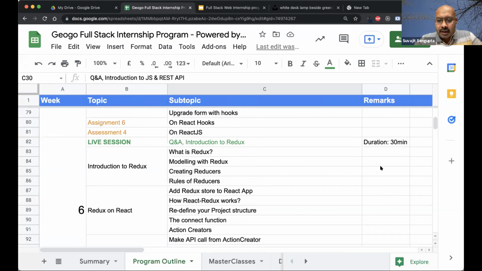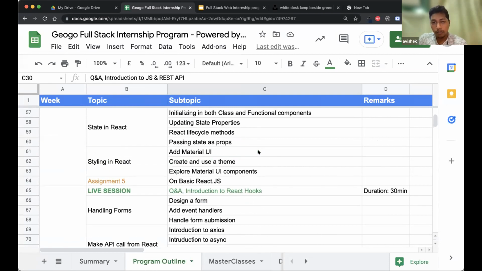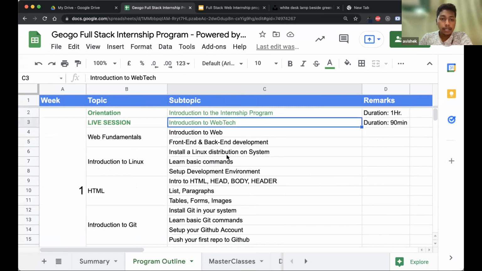Chaitanya's question is: is the Udemy course compulsory? Abhishek, can you comment? Yes, it is compulsory. Whatever course we give, we have a recommendation for it because that course covers most of these topics. I will give the introduction to all of you on the topics that will be discussed in the course, and if some problem comes up, I or the coaches are there to resolve your issues.